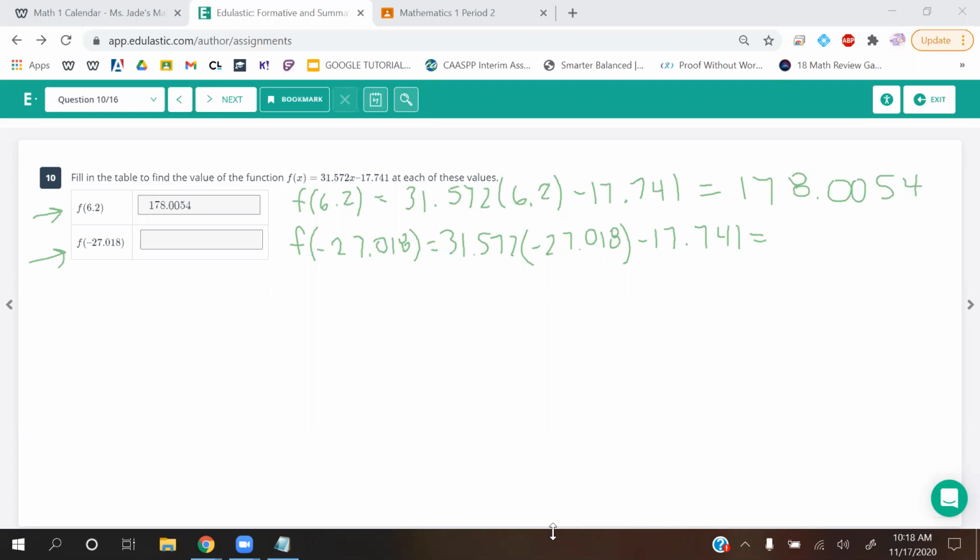So 31.572 multiplied by -27.018. And then we're going to subtract 17.741. And this will give you